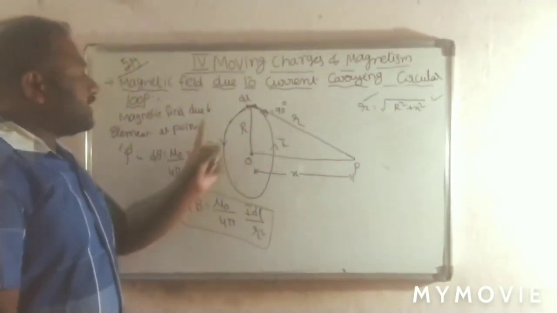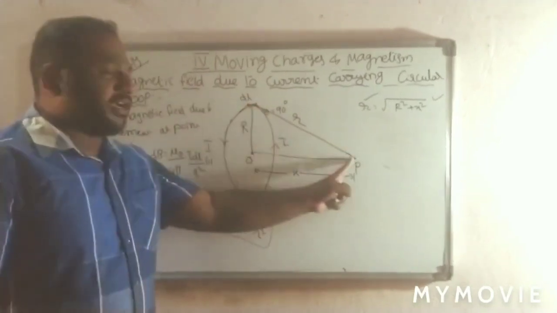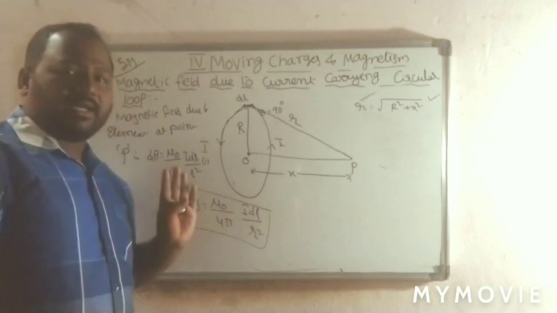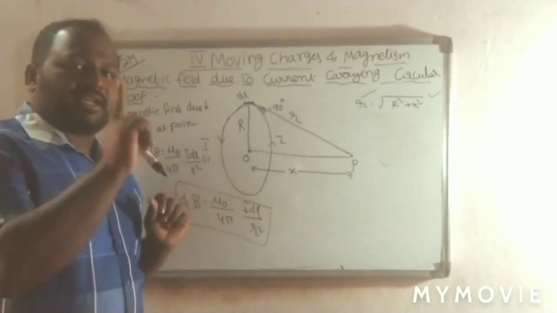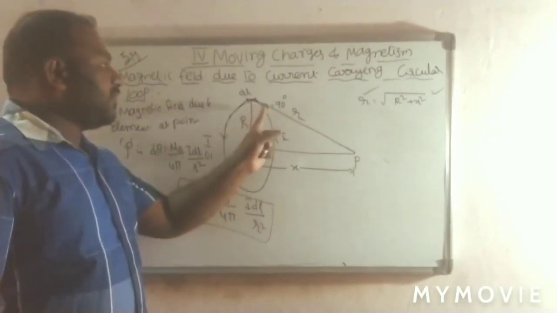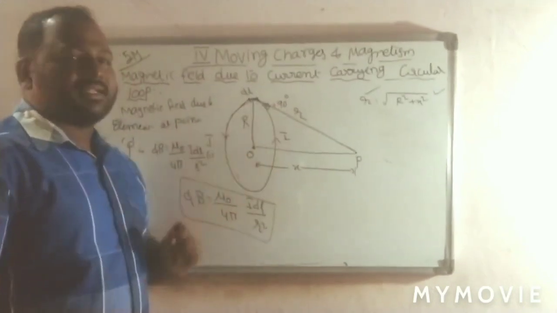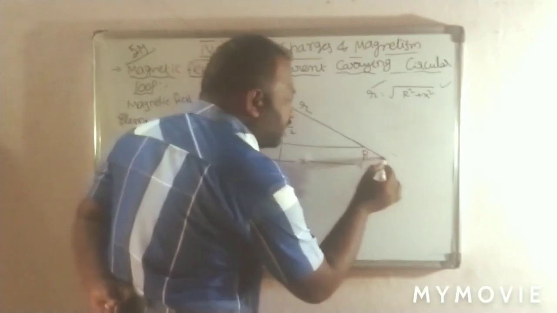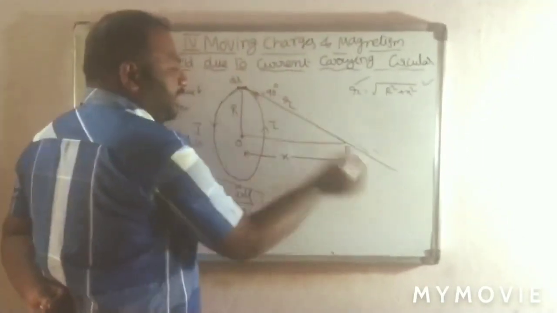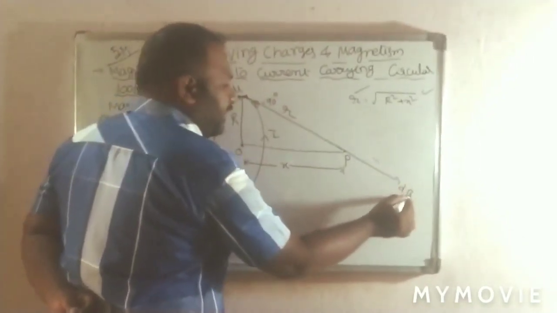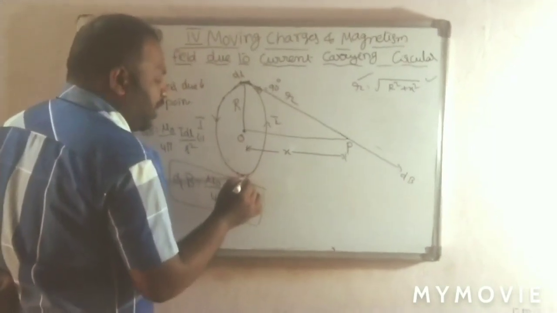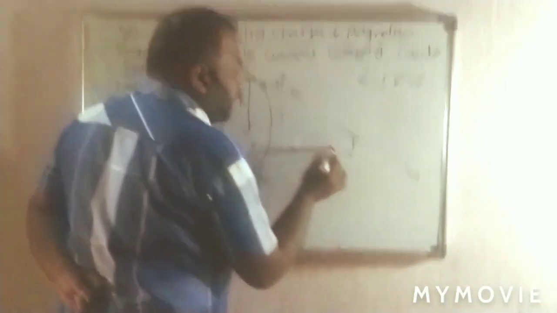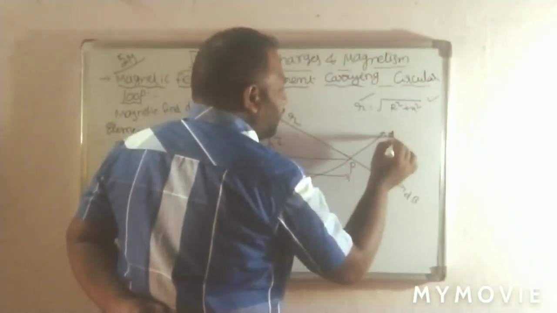And the next one is the magnetic field due to the current element at point P, which is equal to mu naught by 4 pi I dl by r square. Here sin theta can be taken as 1. Why? Because the angle between the current element and small r is 90 degrees. And another one: due to this current element, there is the magnetic field dB, and opposite to it we have another current element.